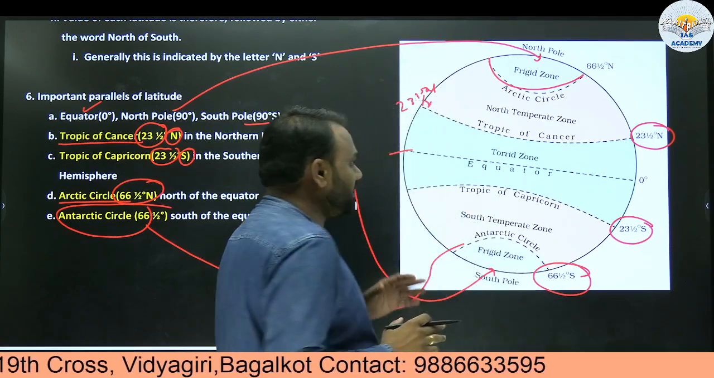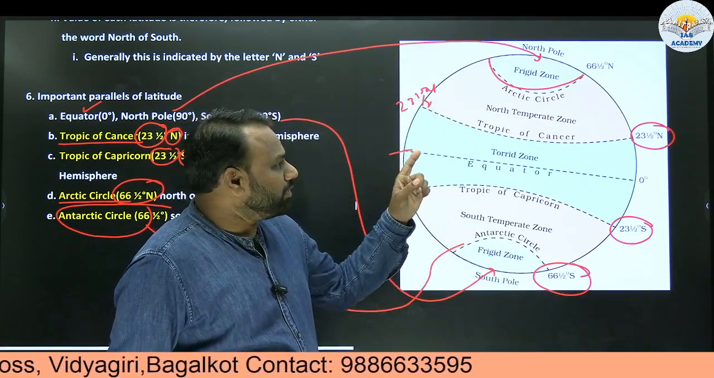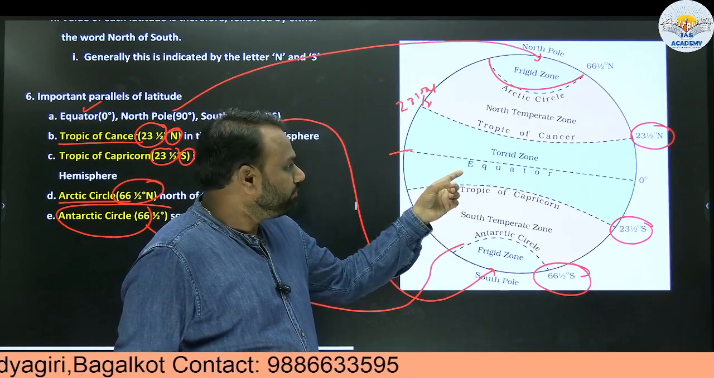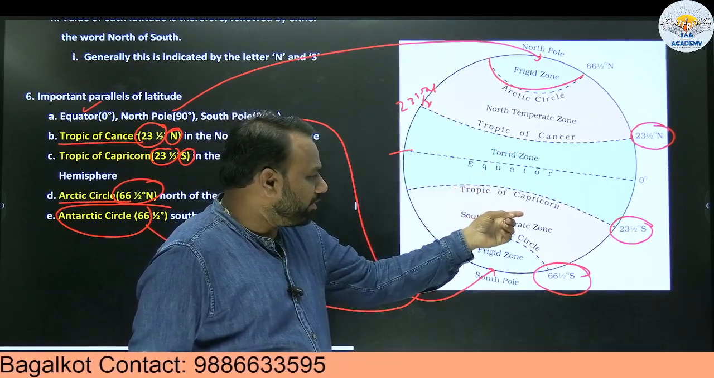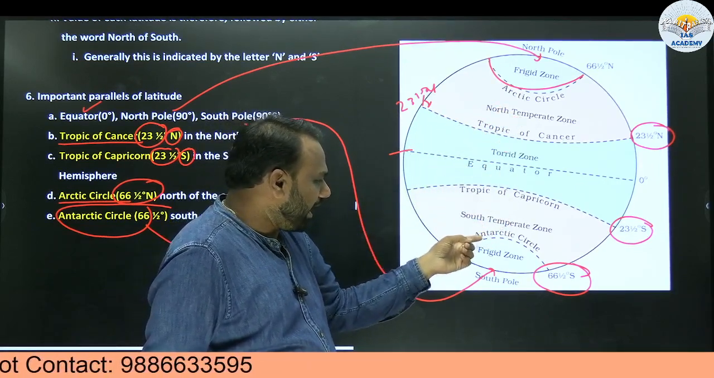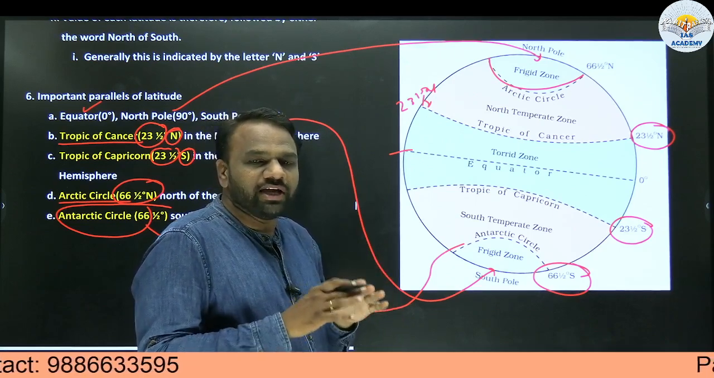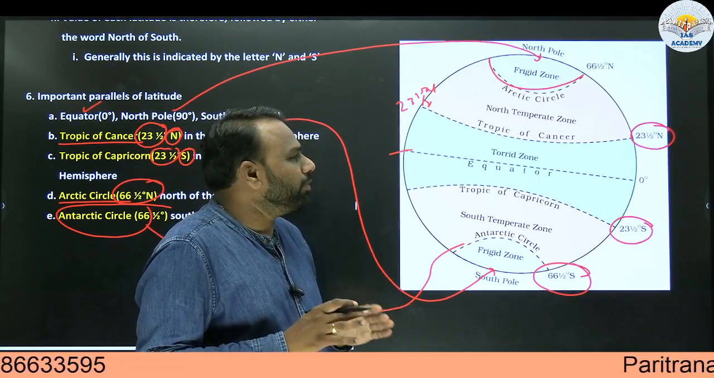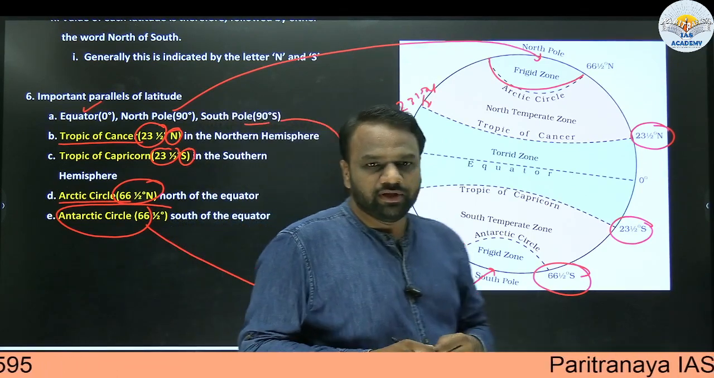So in this class, what did we discuss? We discussed the equator, Tropic of Cancer, Tropic of Capricorn, Arctic Circle and Antarctic Circle. So all these are important latitudes. Okay, important parallels of latitude. Next,